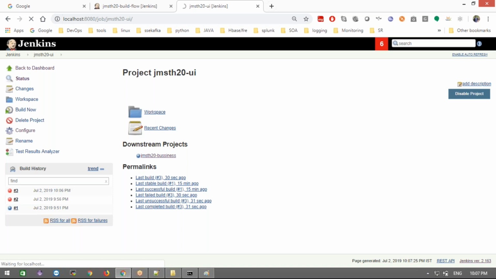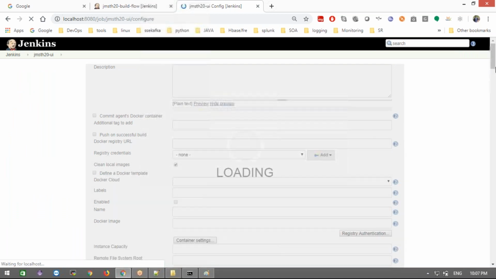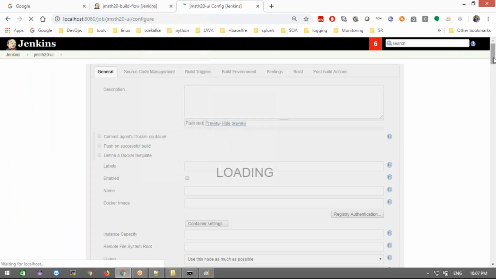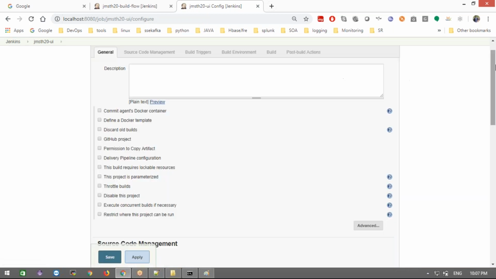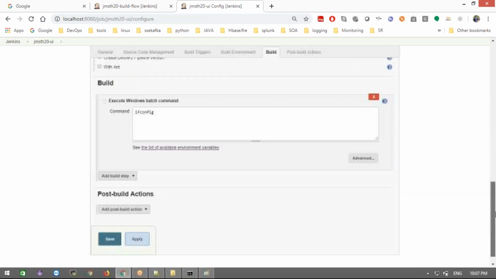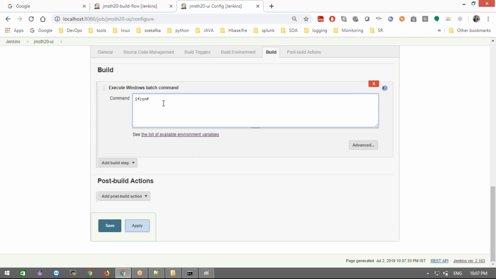Now we need to make this project succeed. It will come a bit down. I'm removing this. I'm going to give a success message, something like echo. And if you want that command to succeed, what is the command to get the IP address in a Windows system, guys?